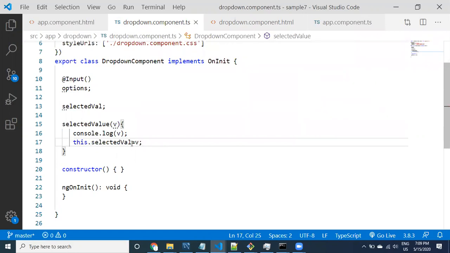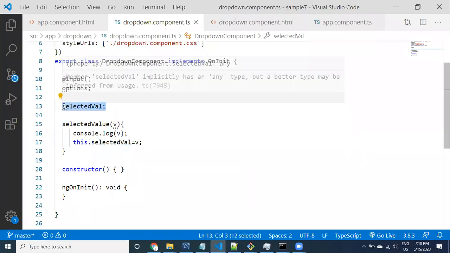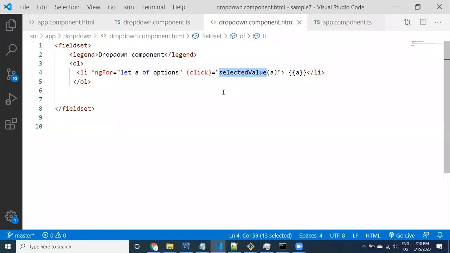Now whenever you are selecting, this value is getting assigned to this particular property. Once the value is assigned, automatically wherever you are using it in the HTML, it is going to be updated. Let us go to the drop down component HTML. Within the same component, you can provide like this.